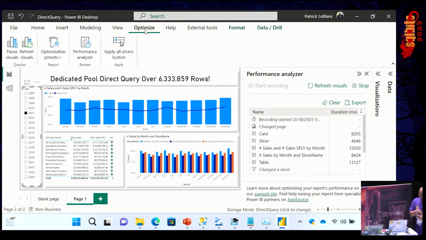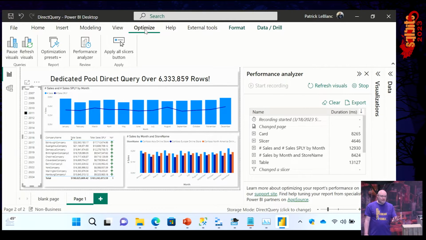Before I talk about the options, one thing I want to call out is that from a Power BI perspective, each visual you put on the canvas is going to issue one or more queries to the back end. You may think, we had 3 big visuals there, so I'm only getting 3 queries to my data source. That's not true. The slicer is a visual too, so that's potentially issuing a query as well.